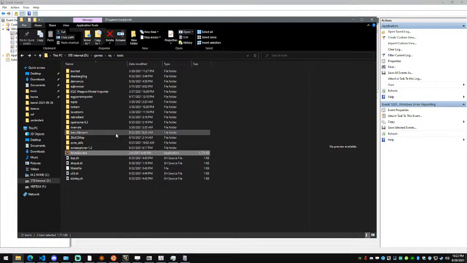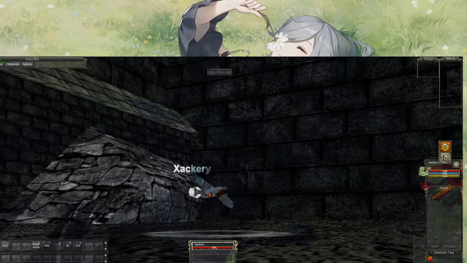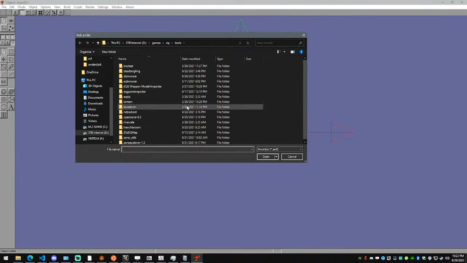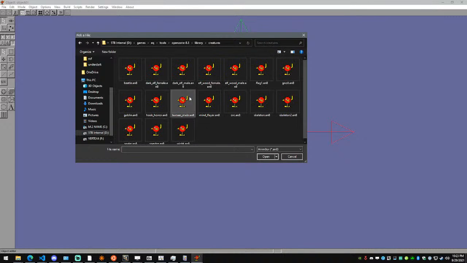Maybe admin privileges are needed. There we go. That's a little creepy, but let's open up Open Zone, go to Library Creatures,